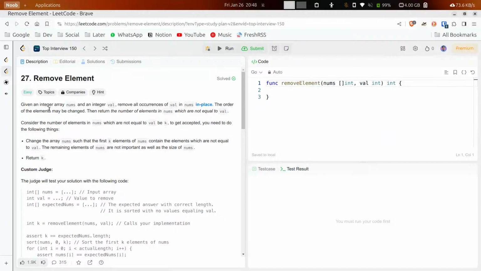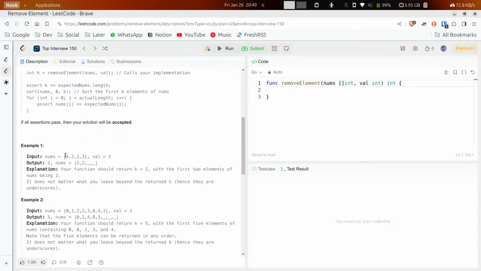Okay, next one. Remove element. Given an integer array nums and an integer val, remove occurrences of val in nums in place. The order of elements may be changed. Then return the number of elements which are not equal to val. Ah, okay, interesting. What to leave behind, the return. Okay. Oh, right. Since it's more of an in-place approach,